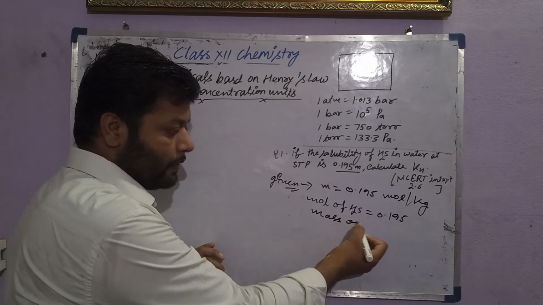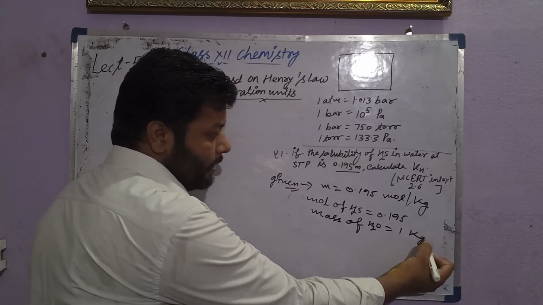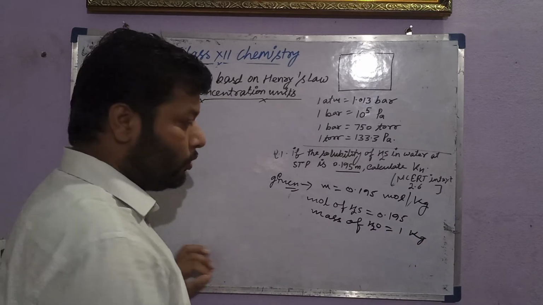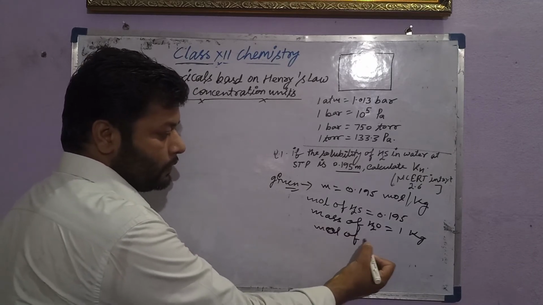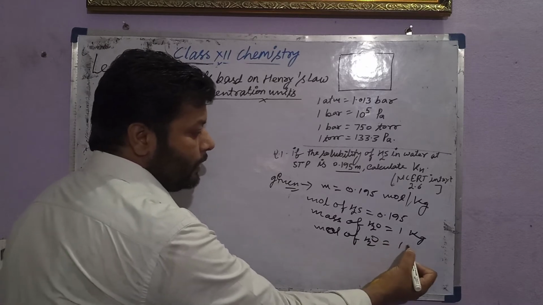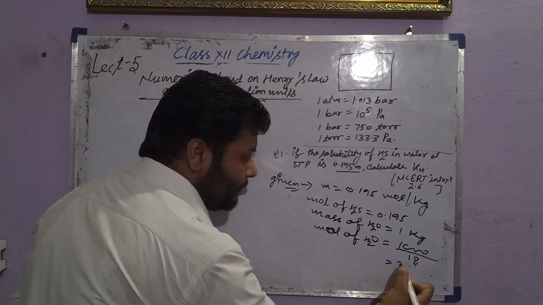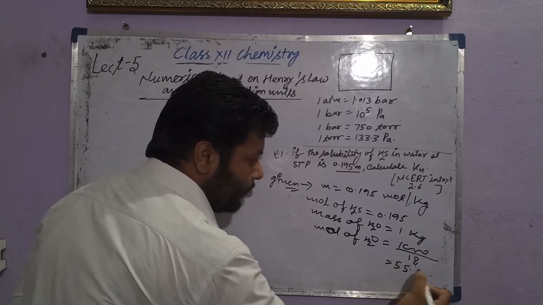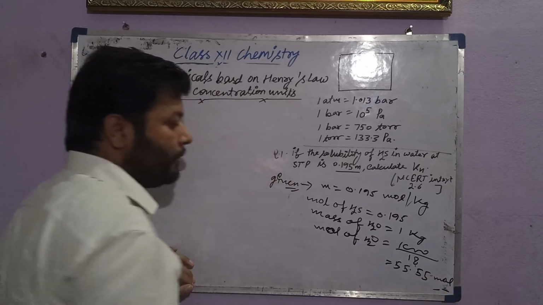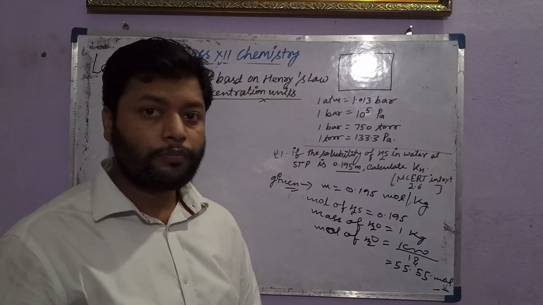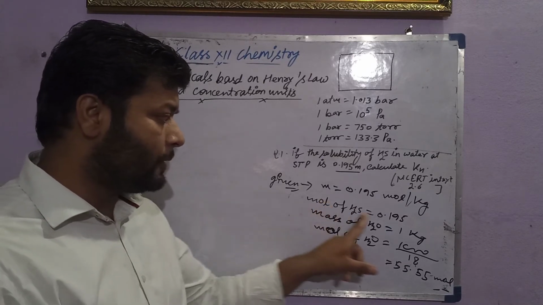Mass of solvent. Solvent means water, that is 1 kg. So moles of water will be 1000 gram upon 18, and that is one of the constant values we have, 55.55 mole. So in this question, some of the things are given, that is, moles of H2S is given,